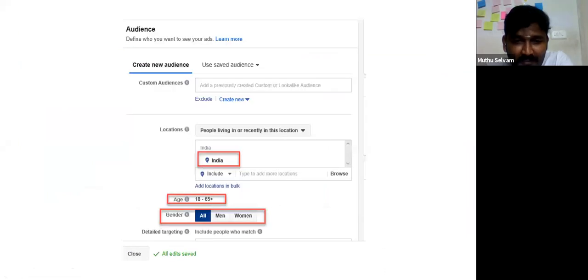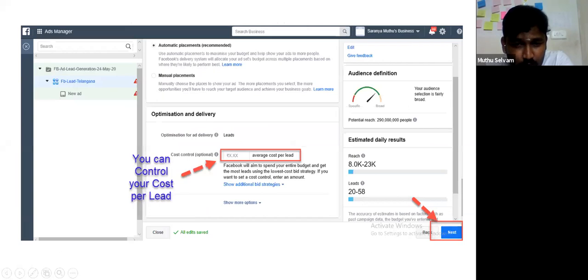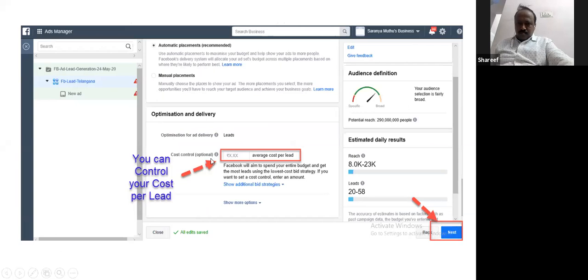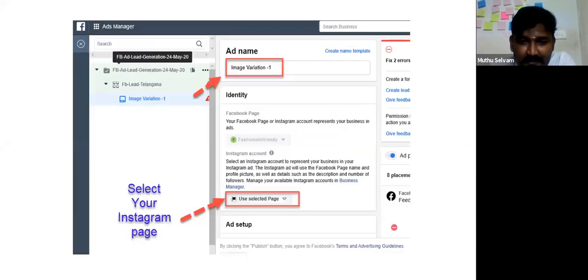Then we gave the target audience: demographics, interest, behavior, to refine your audience. Cost control, if you want, you can decide the per lead cost. For example, I want 20 rupees per lead. Instagram page, if you want, you can add it.